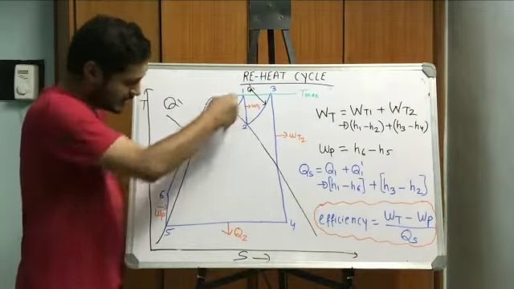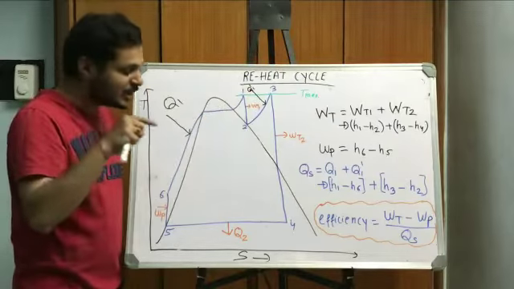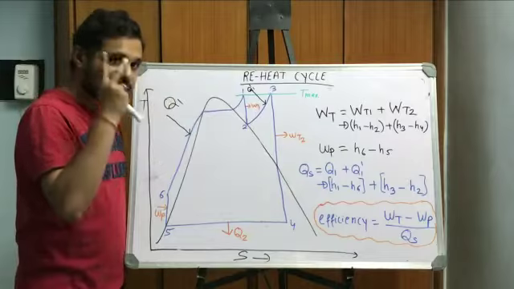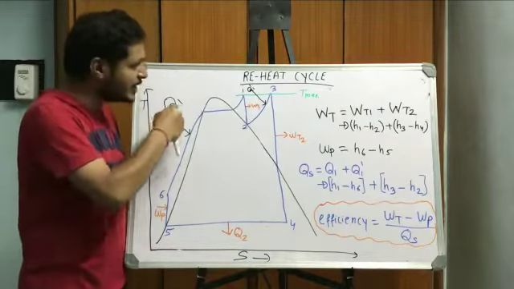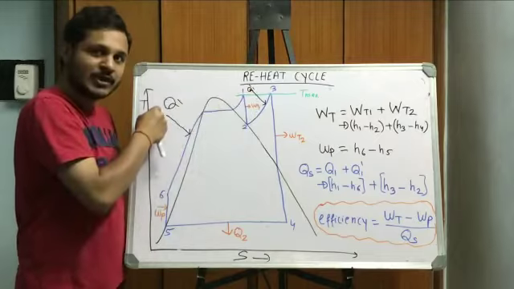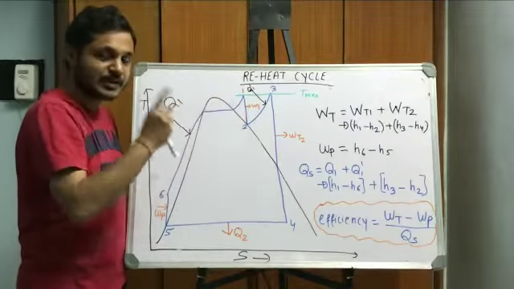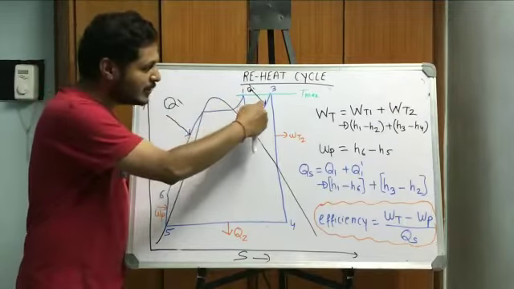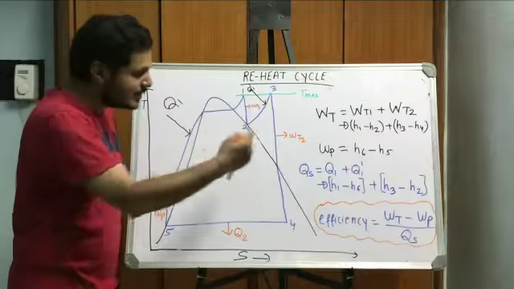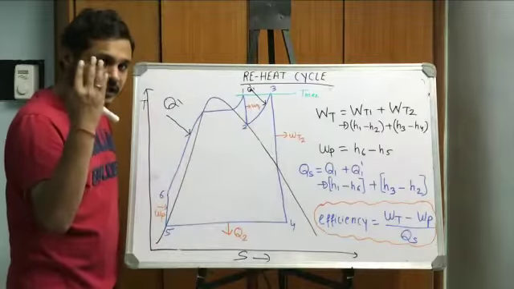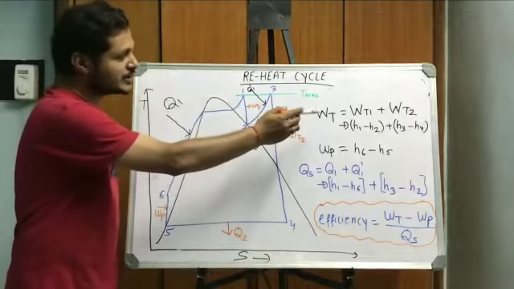Again 6 to 1, this is a constant pressure line where in the boiler we are providing heat. So two heat inputs are here, Q1 and Q1 dash. Q1 in the boiler and Q1 dash again in the boiler after the partial expansion of steam. Two work outputs, WT1 and WT2. WT1 is the work output in the high pressure turbine. WT2 is the work output in the low pressure turbine. Q2 is the heat rejected. So you can see here